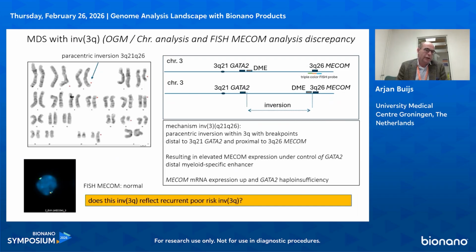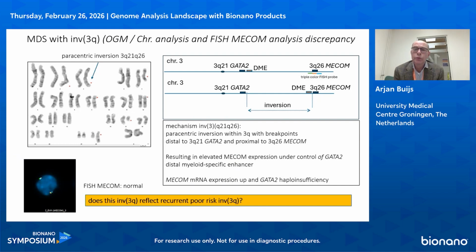Another case I think it's interesting to show is a case of MDS in which the chromosomes show an inversion on chromosome 3 in the long arm, as you see with the blue arrow in the right chromosome. And then if you look at what's going on there on molecular level, on the right part of the slide,